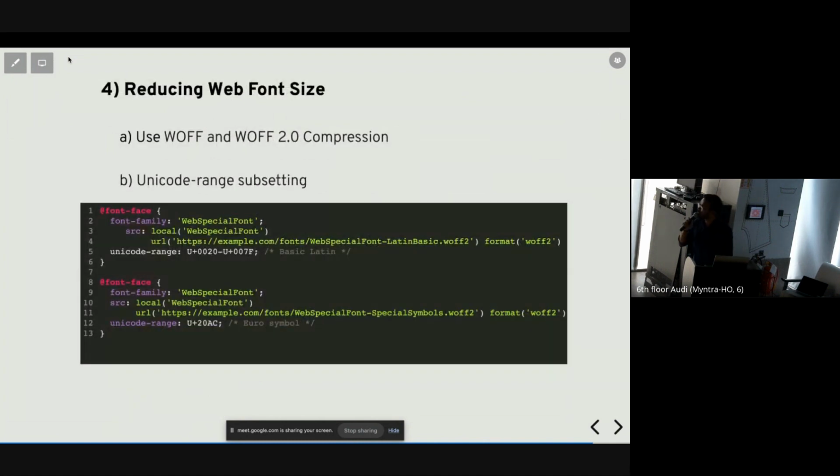Now let's move to reducing web font size. For reducing web font size, the first thing we can do is use two compression formats, WOFF and WOFF 2.0. WOFF means Web Open Font Format, and 2.0 is an advanced version of WOFF, and it is widely supported across all the browsers. WOFF 2.0 uses Brotli compression, and it is 30% better than WOFF, the legacy one. So we can go ahead with 2.0, and you can also see in my code snippet that I have used WOFF 2.0